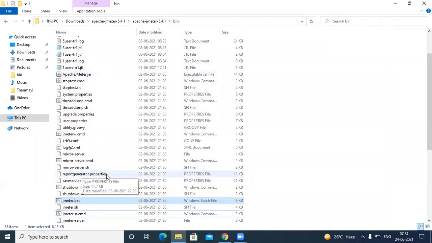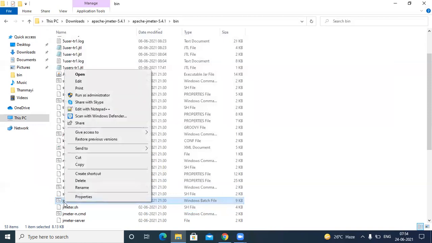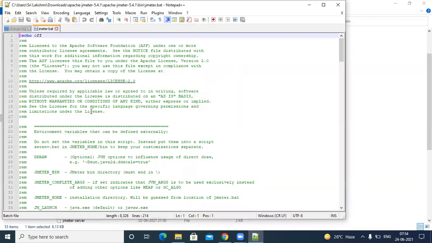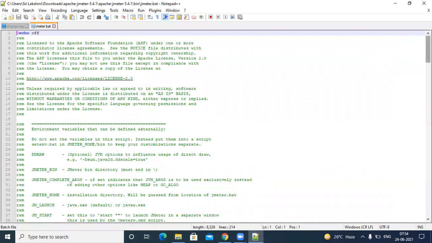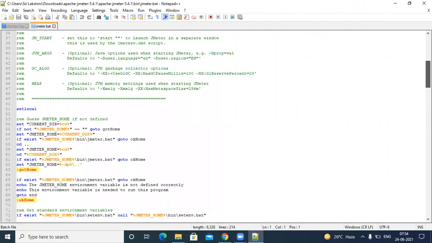Let's open the jmeter.bat script file. I just opened that bat file. The bat file is nothing but calling the JMeter jar after checking some things.